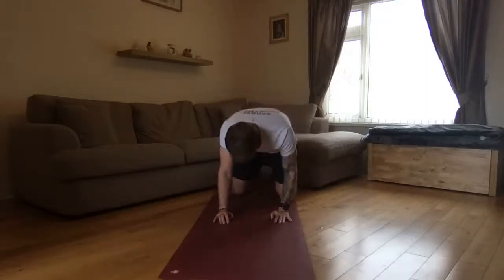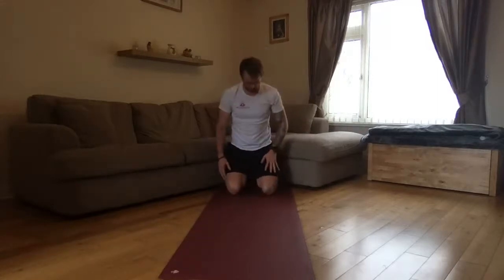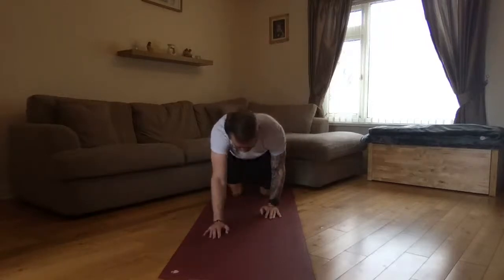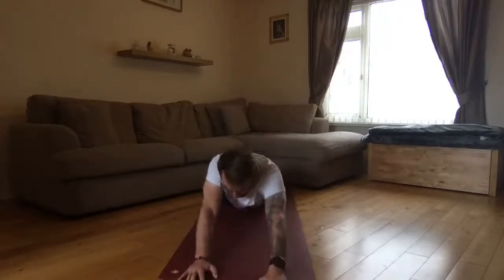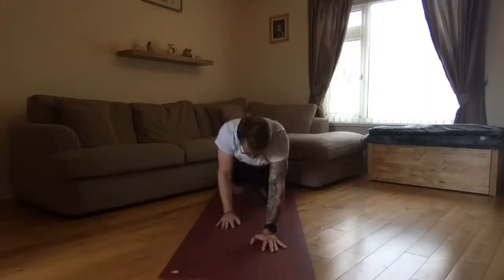Good. Okay, so you may want something for your knees. It's not compulsory, but you may want an extra bit of cushion for your knee. Okay, what you're going to do, you're going to walk out, go as far as you can, stretch, and then walk it back. Once you get up top, I want you to draw your hips forward, take your arms from your hips all the way up, and I'm going to show you